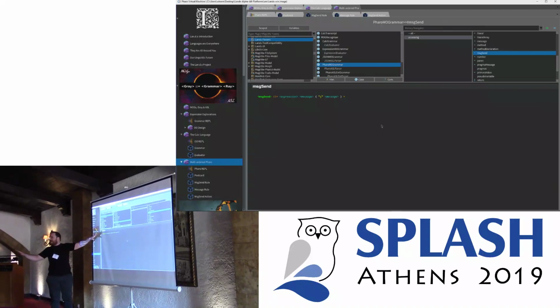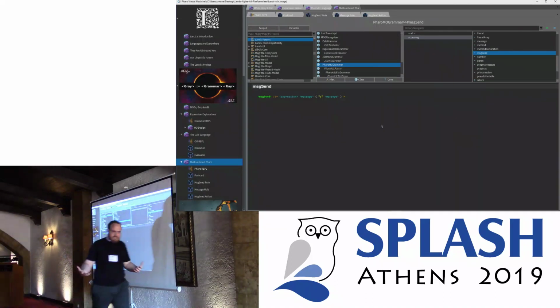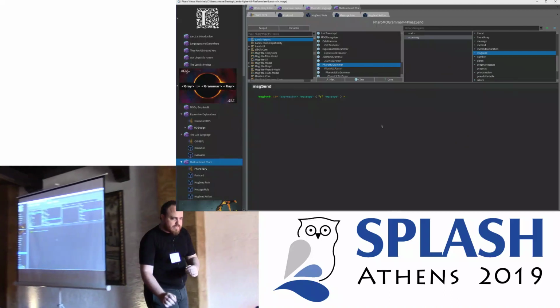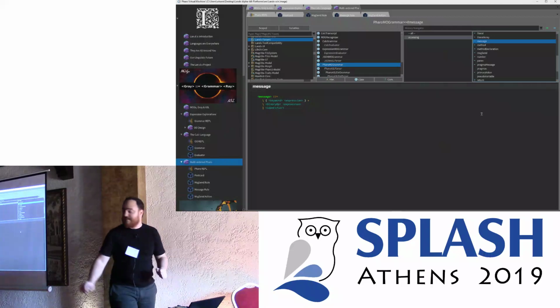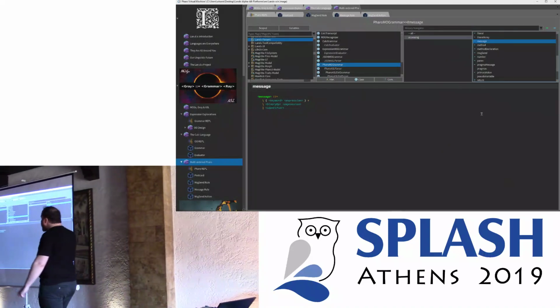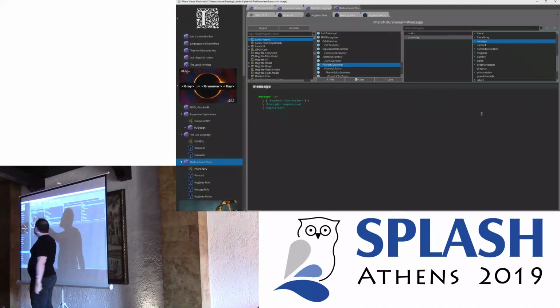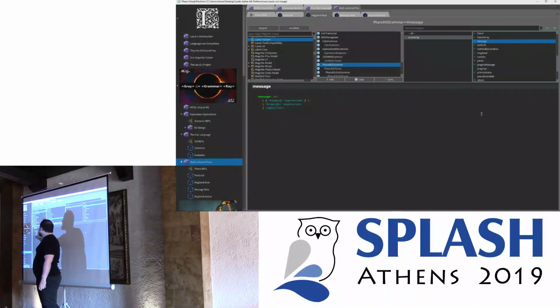This is, like we describe it in natural language, a message send is an expression that is followed by a message and one or more cascade messages. So these are dynamic method invocations. And this is exactly, it reads exactly as we would describe it in natural language, written in multi-ordered grammars. The same for the notion of a message. So a message will be either a keyword message followed by expression, a binary message, or a unary message.